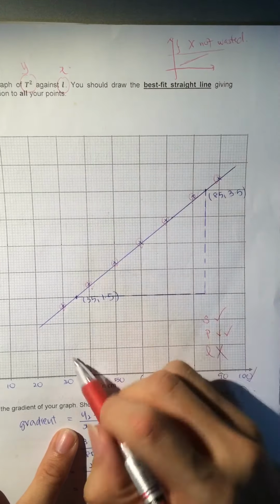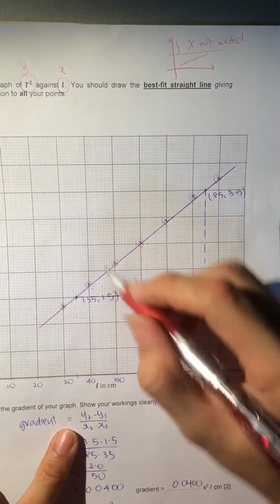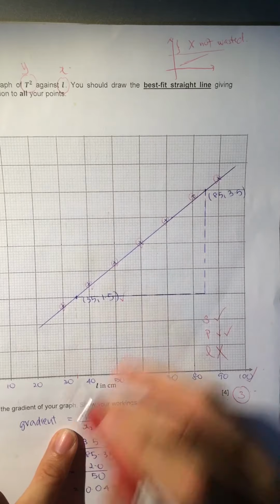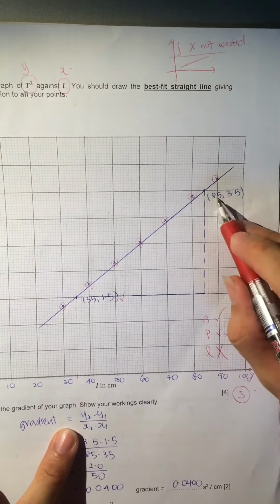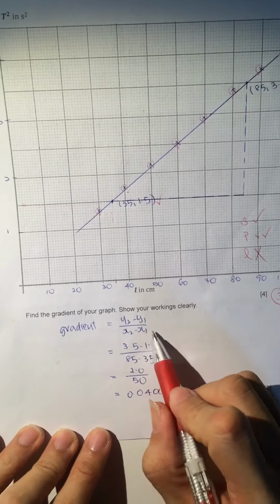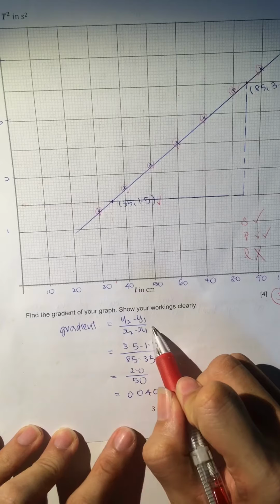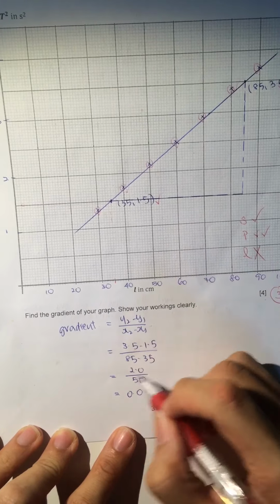Over here I can see 35, and I look to the left, 1.5. This is a nice coordinate, easy to read. Look for another one over here, look all the way down, this is 85, this is 3.5, good, easy to read. To find gradient, use the formula. Nobody's going to tell you this formula in the exam, so please check. Substitute the values correctly,